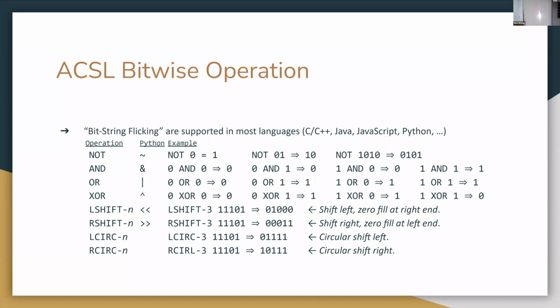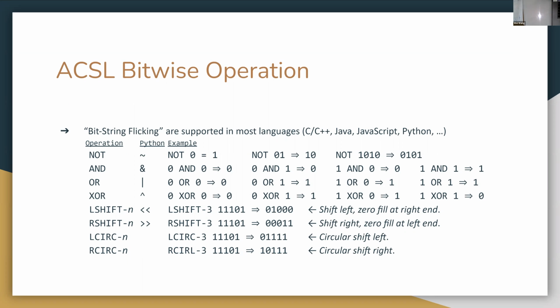When you work on this integer 11101, for example, and you do a circular left shift by 3 bits, then you're going to move these 3 bits to the backside of this string. Okay, so you're only dealing with those 5 bits,